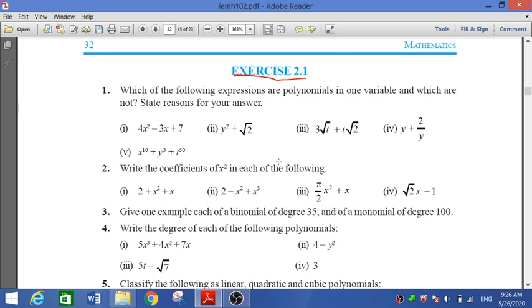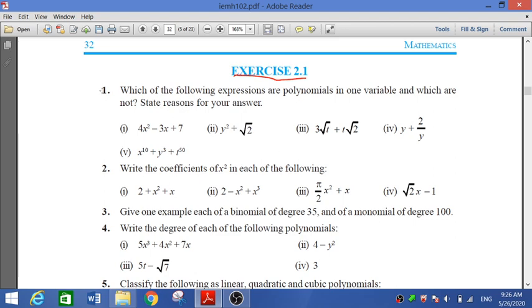Whatever we are discussing, try to complete this in your fair book. Chapter number 2 we have started. I think you have completed it. You have already completed exercise lesson number 1. Now we are doing lesson number 2. Because of COVID-19 you have to stay at home and work at most at home.